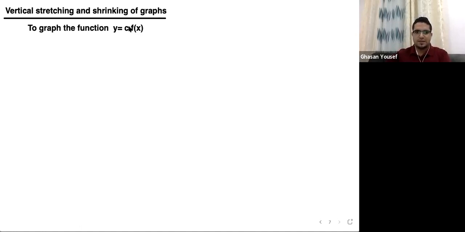So when c is outside the function, we have some rules for c. If the value of c is greater than 1, greater than 1 meaning like 2, 3, 4, 5, whatever, any number greater than 1, then we're going to stretch